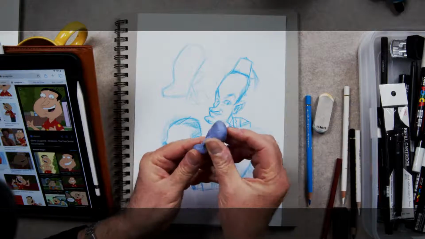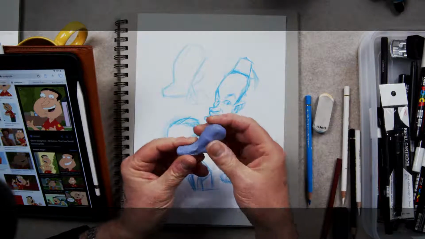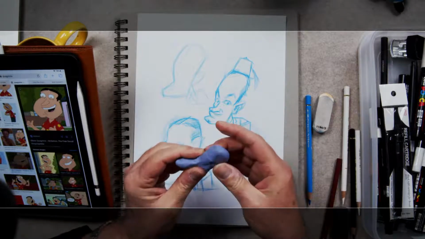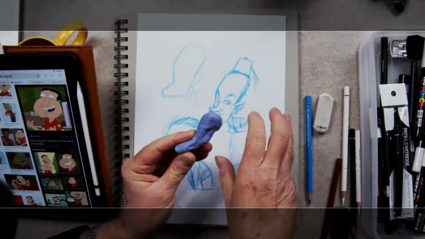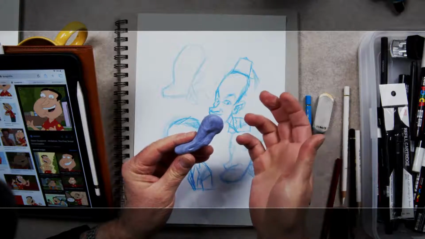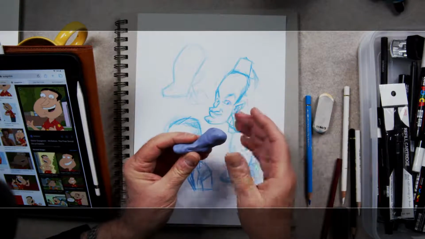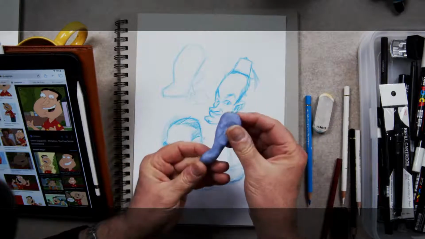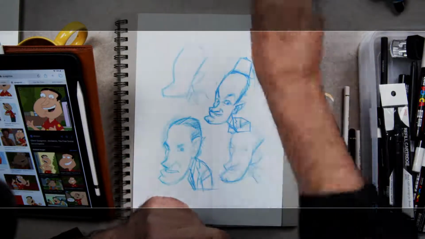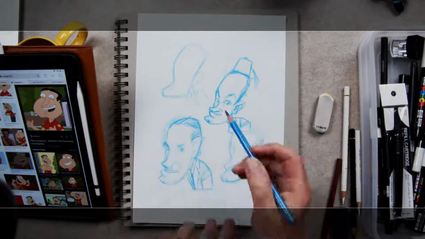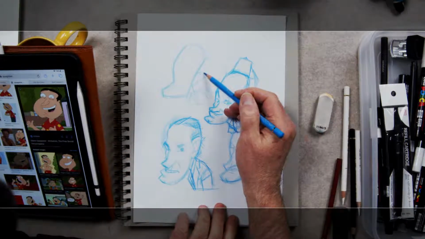Because you don't have to draw details yet. You're concentrating on the simple shapes, and those simple shapes you are able to distort and pull like putty. And the other thing is, of course, exaggeration.